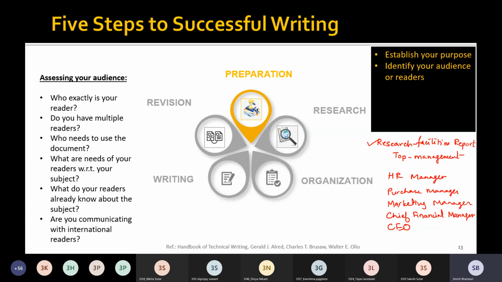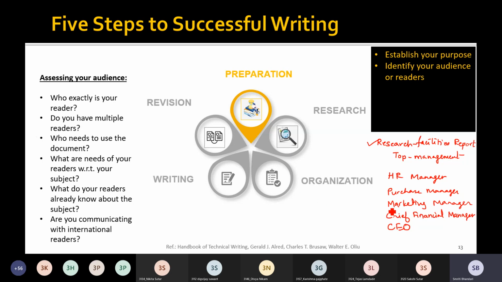If we think of the purchase manager, then the purchase manager would be concerned about available sources for materials that are required by the facility. The purchase manager is always interested in procurement of the necessary stuff, right? So whatever raw material or material is required, the purchase manager will think of the availability of the sources for that material.